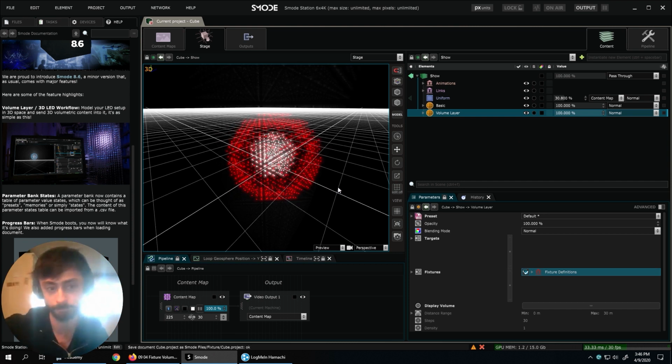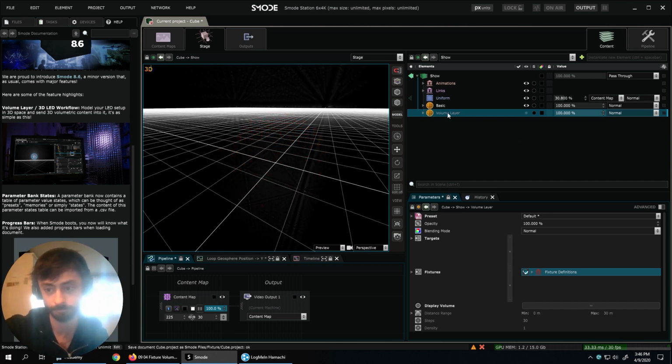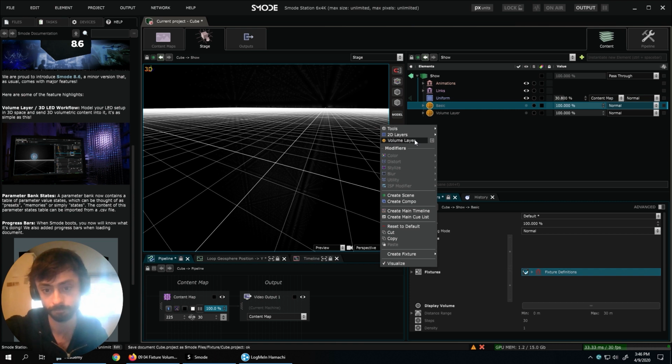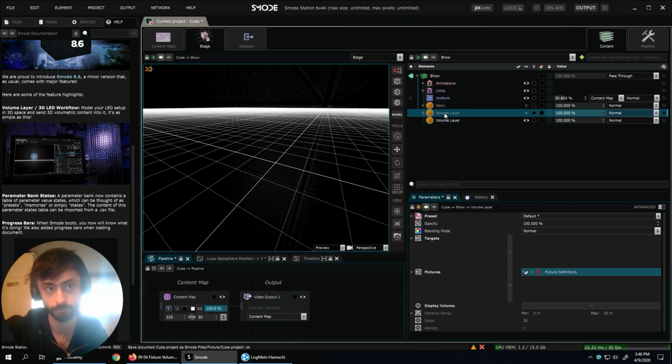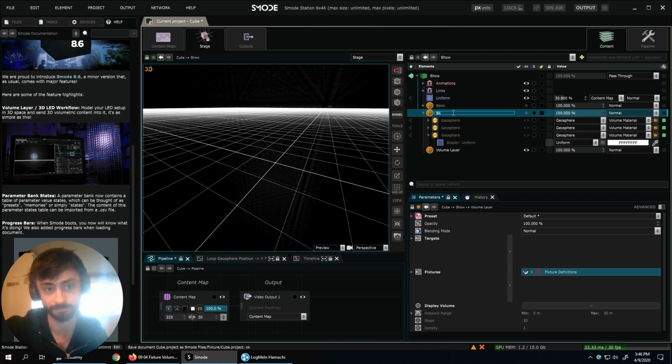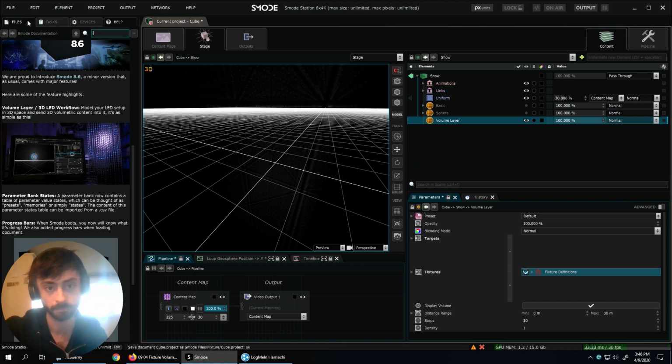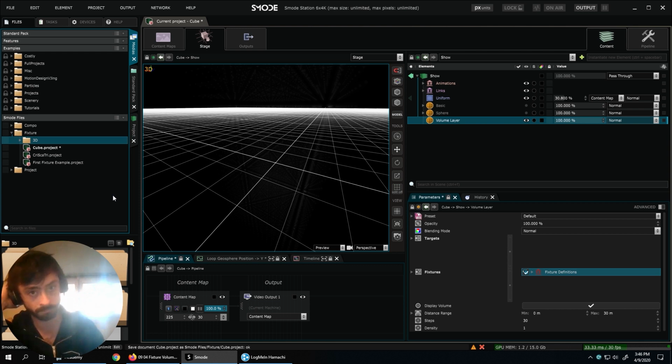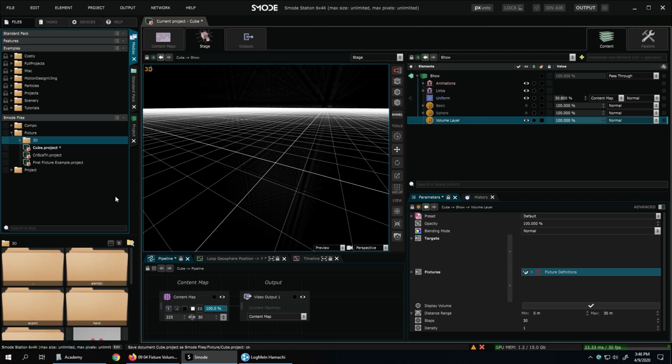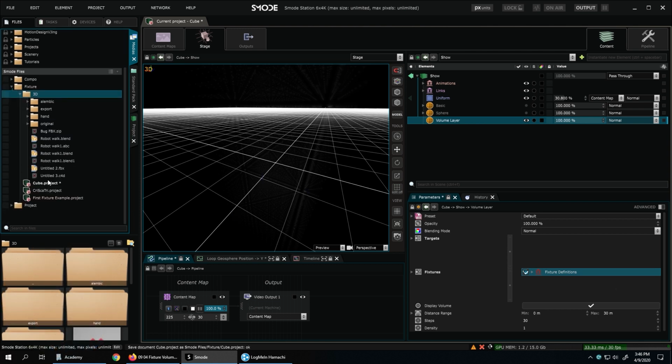So for the next example, I will use a very tricky solution for now, but which is working. So let's add a new volume layer and call it this sphere, and let's go into my media folder, into my 2D folder.